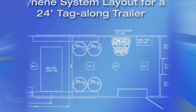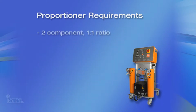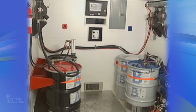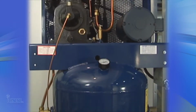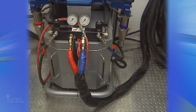The first decision that needs to be made is selecting the type of proportioner that will deliver the capacity you require. You must equip your ICYNENE rig with a 2-component 1-to-1 ratio model with a high-pressure metering system that is capable of operating at pressures up to 2,000 psi or 13,800 kPa. Various proportioning units are capable of installing the ICYNENE insulation system. The unit you choose will also determine the size and output of some of the other equipment we will discuss later in this video. In choosing your proportioning unit, you must first consider the types of units available: